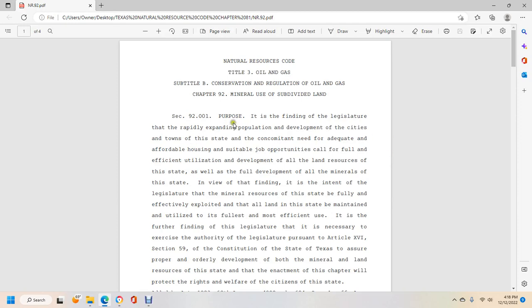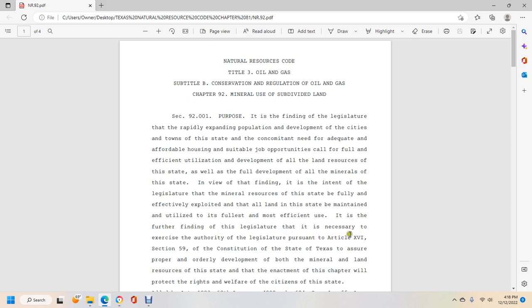Section 92.001, Purpose. Finding of the legislature: the rapidly expanding population and development of the state, of the towns of the state, and the concomitant need for adequate, affordable housing and suitable job opportunities call for the full and effective utilization and development of all of the land resources of the state, so for the full development of all minerals of the state. It is the intent of the legislature that the mineral resources of the state be fully and effectively exploited, and that the land of the state be maintained and utilized with the fullest and most efficient use. It is the further finding of the legislature that it is necessary to exercise the